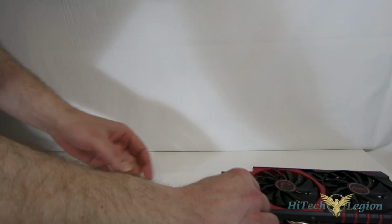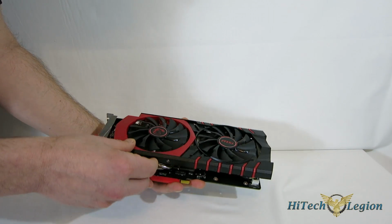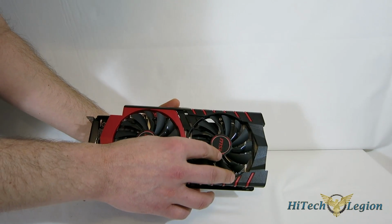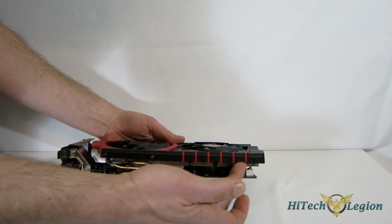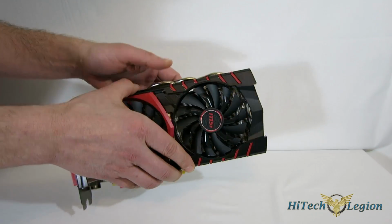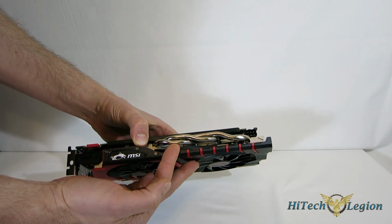So now, taking a look at the card itself, MSI does a really nice job with the gaming edition. Like I say, they use a red and black color scheme. Very, very distinctive look, as you see. You can see the Torx fans, MSI logo on one, the MSI Gaming Dragon logo on the other. PCI Express slot, you've got a little bit of an adornment of the red going through here as well on the shroud. Over on the other side, you get a look at some very, very nice heat sinks,